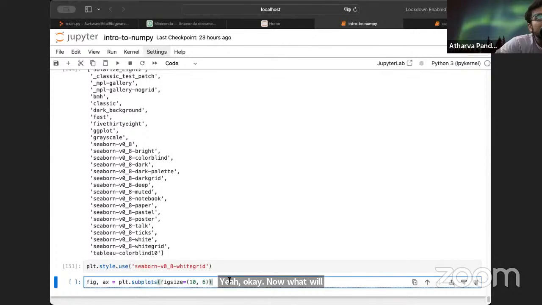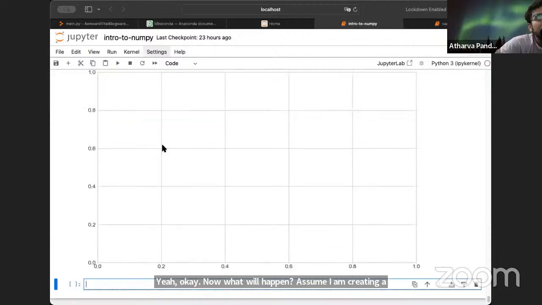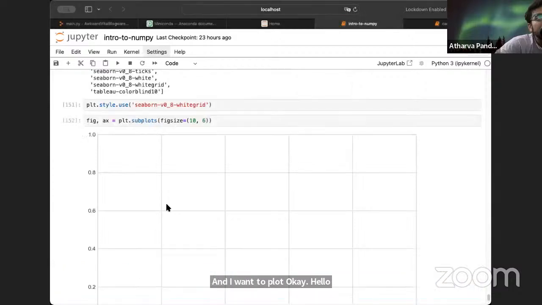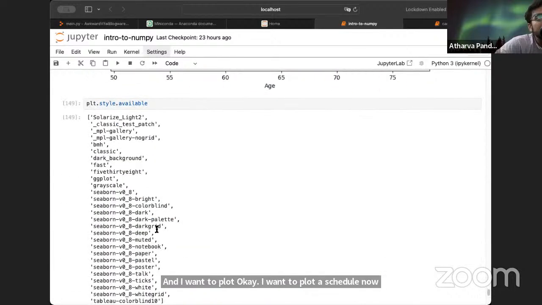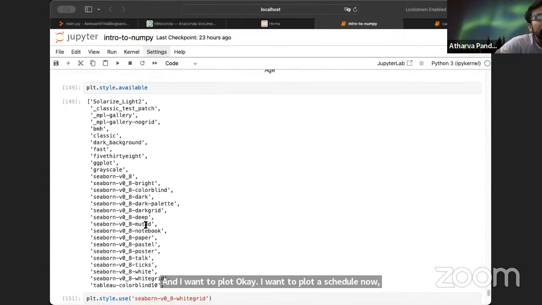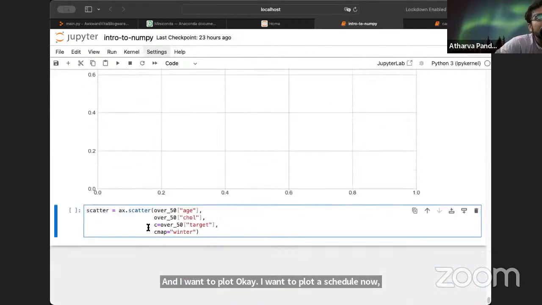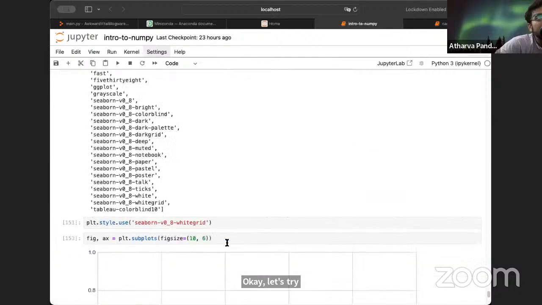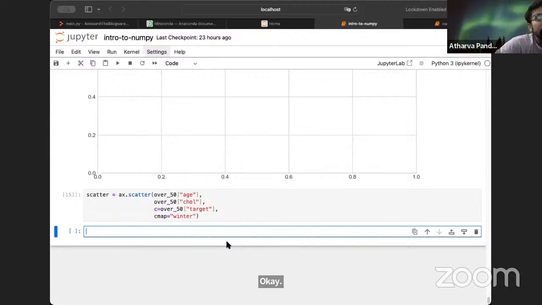Now what will happen? Assume I am creating a graph. Again, this is the same syntax we have been using. There's grid and stuff. All good and fine, right? And I want to plot a scatter graph. Okay, let's try. And then if I say scatter dot plot,